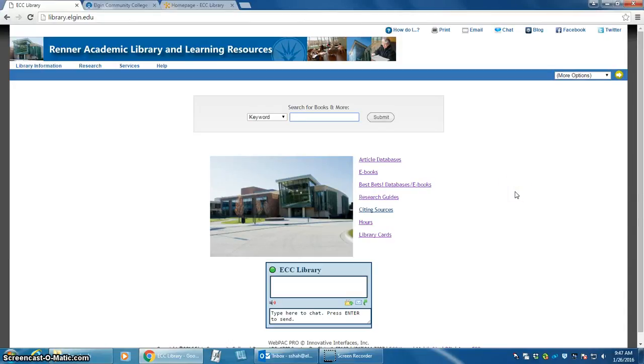Hi, this tutorial will walk you through how to import ECC Library information modules into your D2L course. So right now I'm on the library's homepage, which is at library.elgin.edu, and to get to the information literacy modules,